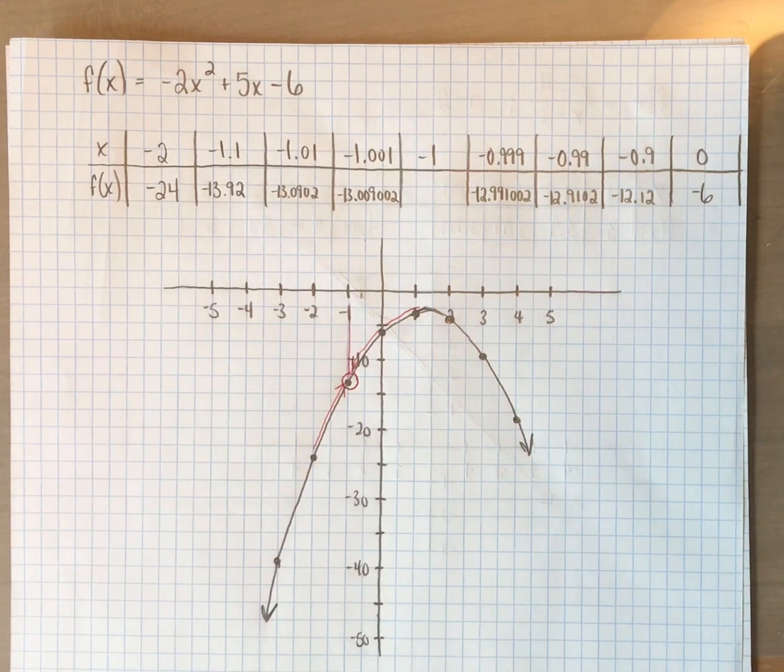Which means anytime we'd be looking at the value of the limit being a fraction or a decimal, or in a case like this where the scale does not go by ones, even though the value of the limit is the whole number or the integer negative 13, it's hard to identify that value definitively on the graph. So the graphing approach is quick to identify the existence of a limit, but not necessarily reliable on finding the